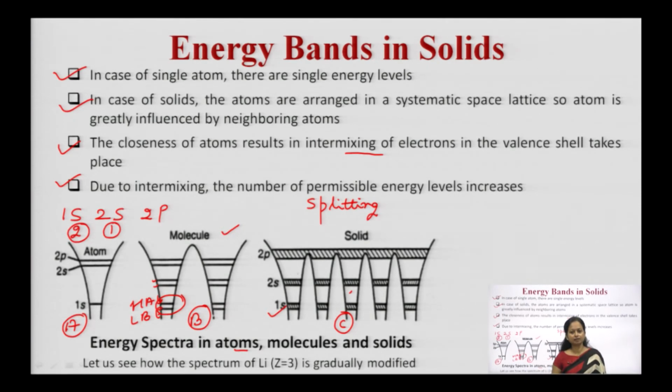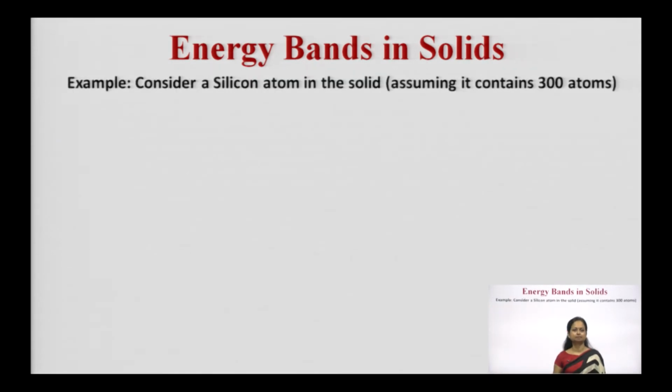But how does this splitting occur? See, if you observe the orbital pattern, the orbit which is closer to the nucleus is tightly bound. When you move away and away from the nucleus, the radial atomic distance varies. So the larger the orbital, the larger the splitting. In this case you can see that the splitting of the 2p level will be more in comparison to the 2s level, which will be more in comparison to 1s. So this is how splitting occurs, and you can understand the formation of energy bands.